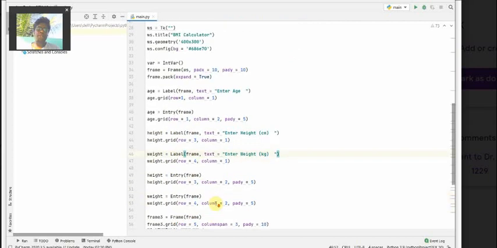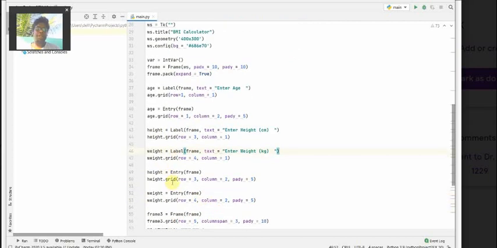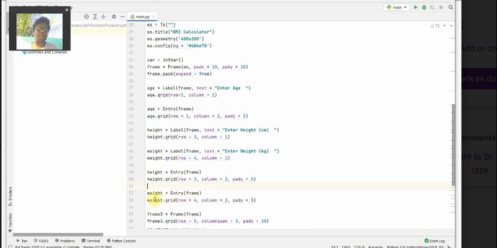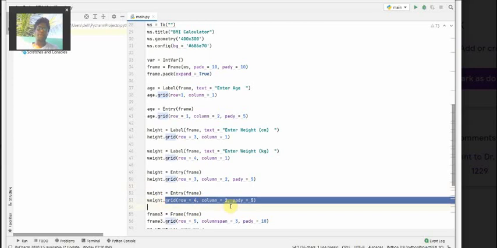Now we have to see the entry frame of the height, which is at row 3, column 2, and pady is equal to 5. And we want to see the entry frame of the weight, which is at the grid of row 4, column 2, and then pady is equal to 5.